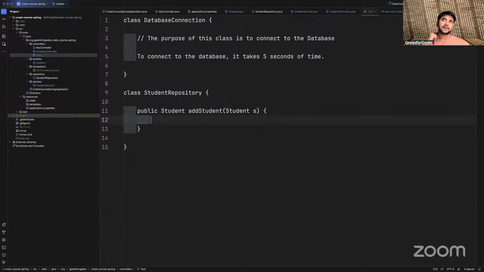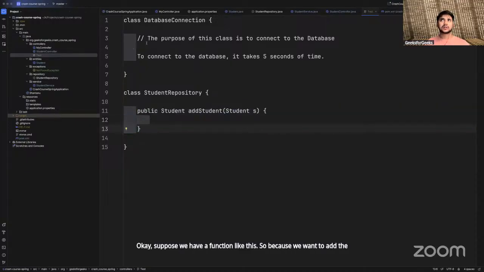Suppose we have a function like this. We want to add the student to the database, correct? So to add the student to the database, I need a database connection. Yes or no?